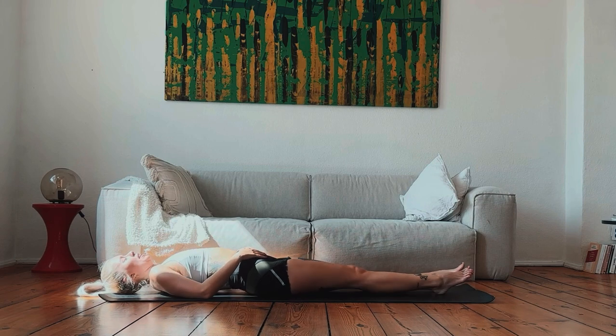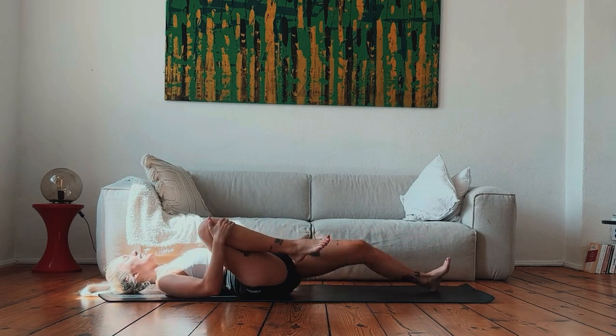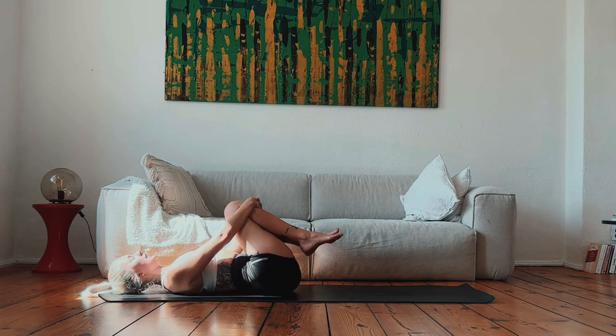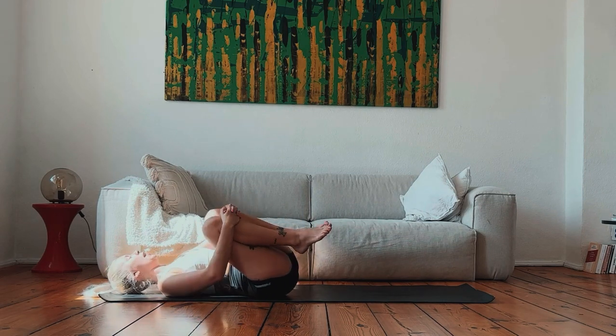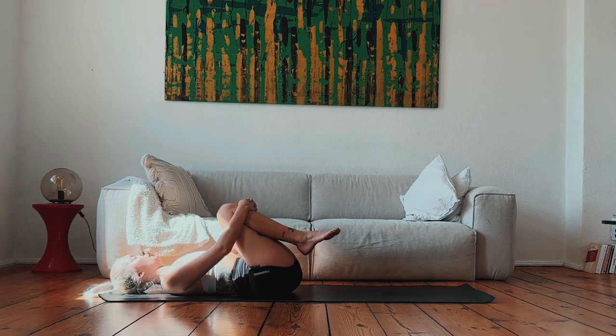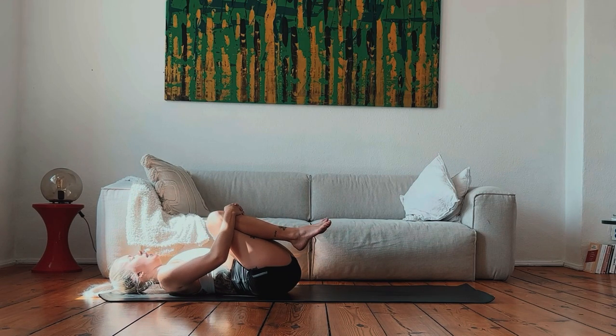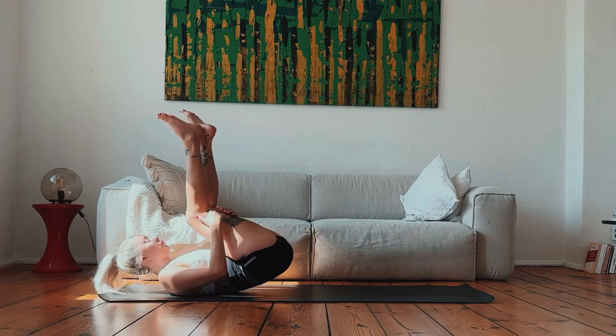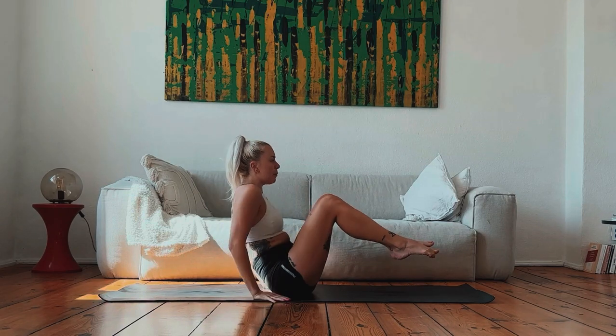Oh, this is a powerful class. You're doing amazing. So bend the knees in towards the chest. And rock from side to side, releasing any tension in the lower back by bringing the knees in towards the chest. And out. Inhale. And exhale. And then slowly rock and roll your way back up to seated,